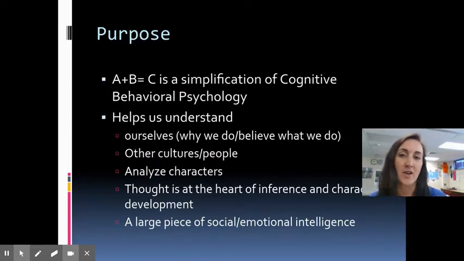Today I'm going to talk about something called cognitive behavioral psychology. That is a really big term. It was one of my favorite things that I learned in my master's in counseling, specifically because of how easily it can apply to school. Ultimately, it's kind of like a formula, a way to step back and to think through some of our ideas and our beliefs, other characters' ideas and beliefs, other people's ideas and beliefs, and how that impacts us.